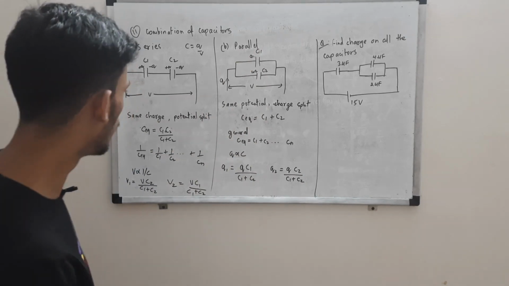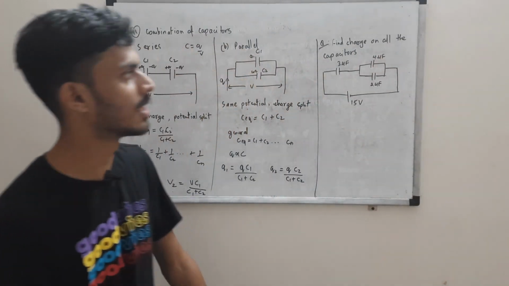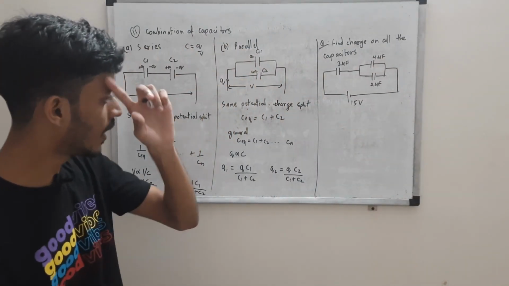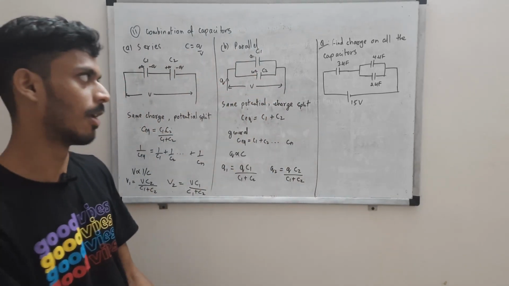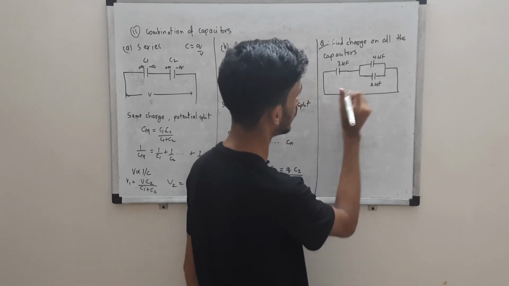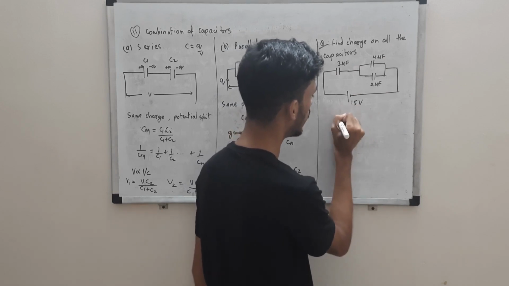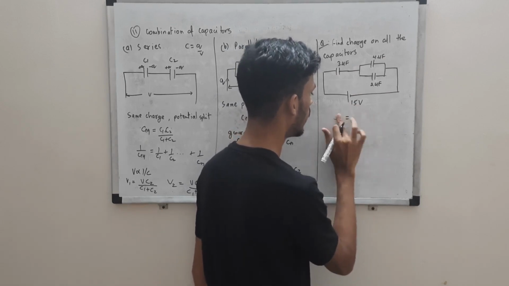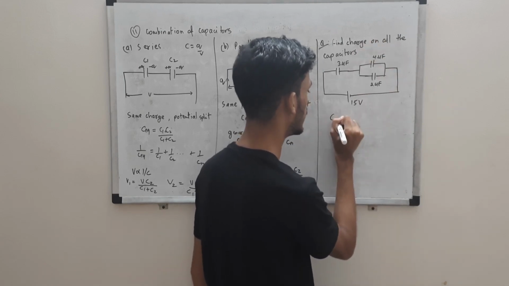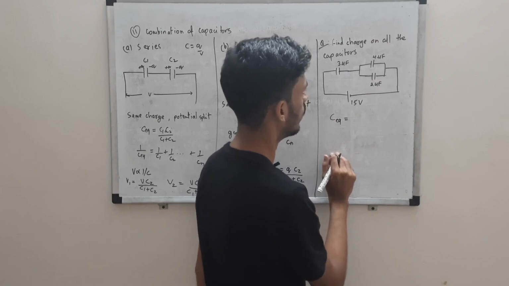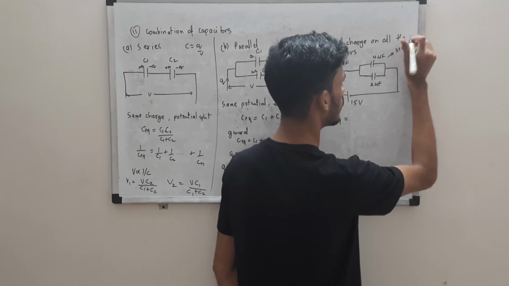Okay, now using all of this, we'll solve a problem. Here we are supposed to find the charge on all of these capacitors. So first of all, let us find equivalent capacitance, and let us find what is this charge which is being drawn from the battery. So C equivalent. First of all, you see that this is a parallel combination, so 4 and 2 in parallel will give you 6, right? I can call it C1 dash. So C equivalent will be, this will be 6, right? 4 plus 2, 6